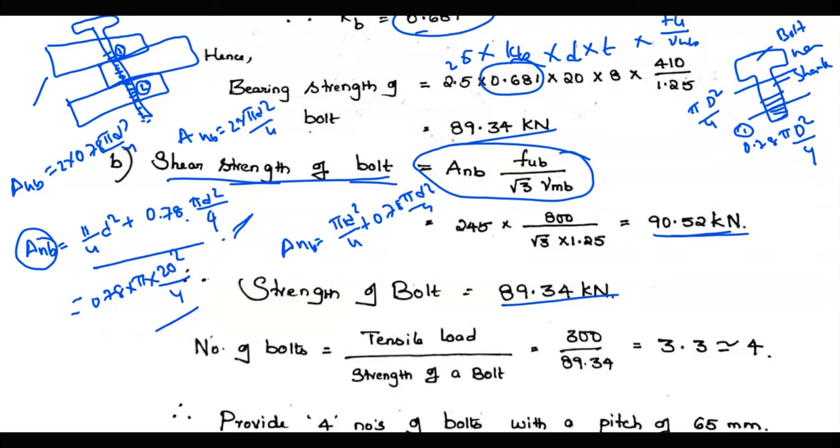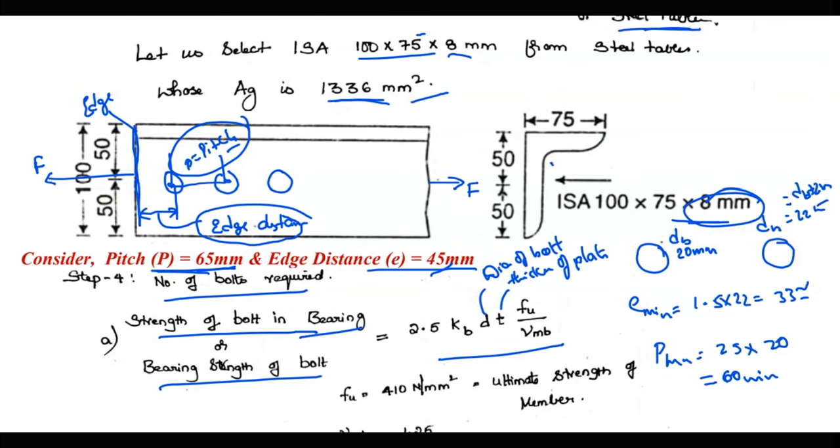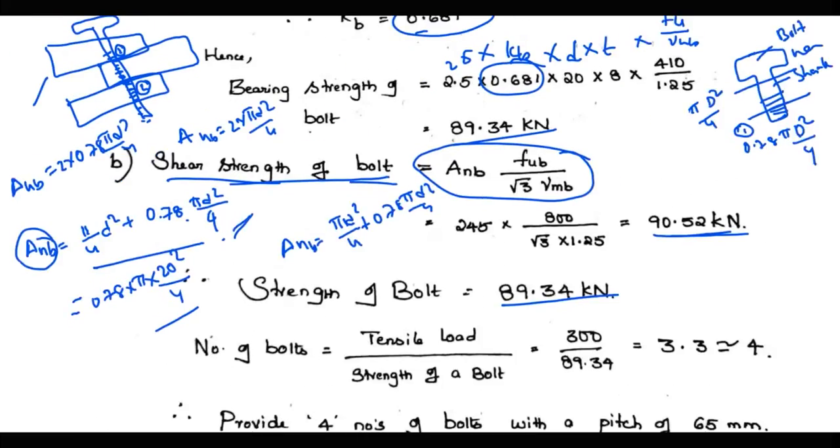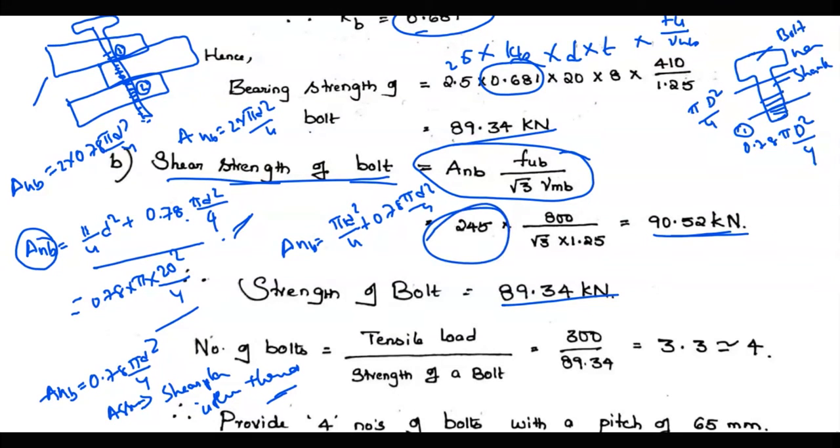So here only one angle section is being used to connect. See, we are talking about only one angle section, right? So this is a gusset plate and this is how it is joined. So this is the bolt, only one shear plane, right? Only one shear plane is going to be there. So therefore in such a case, A and B is equal to 0.78 pi d square by 4 only, assuming shear plane is through threading. So you will get 245.